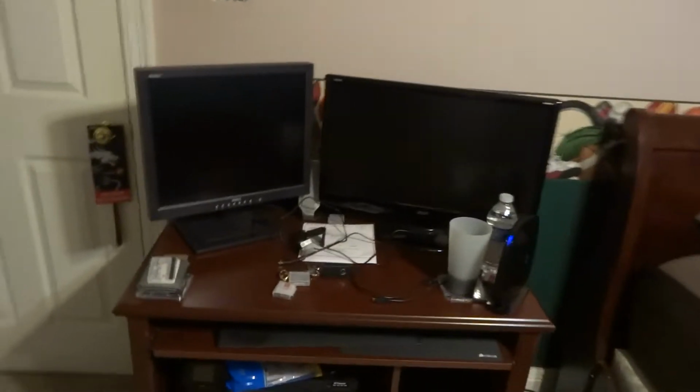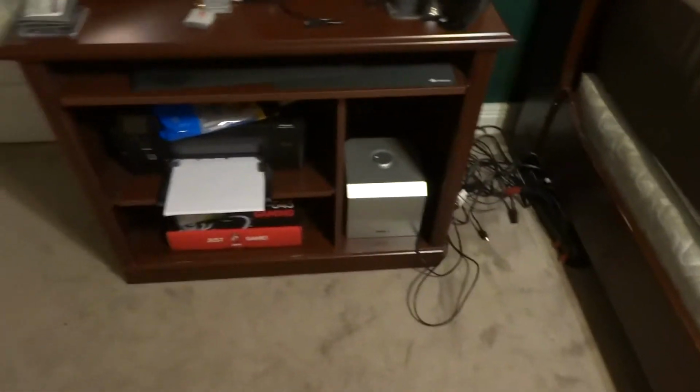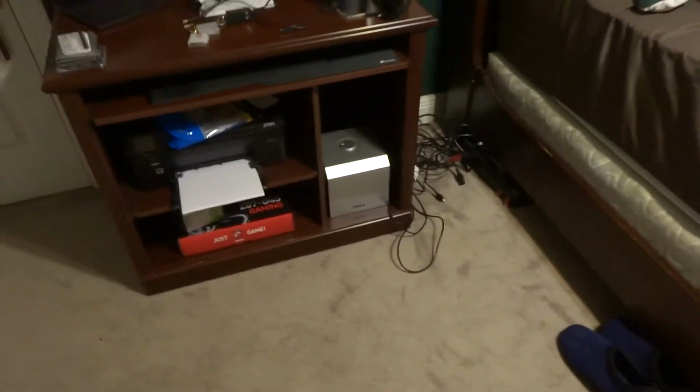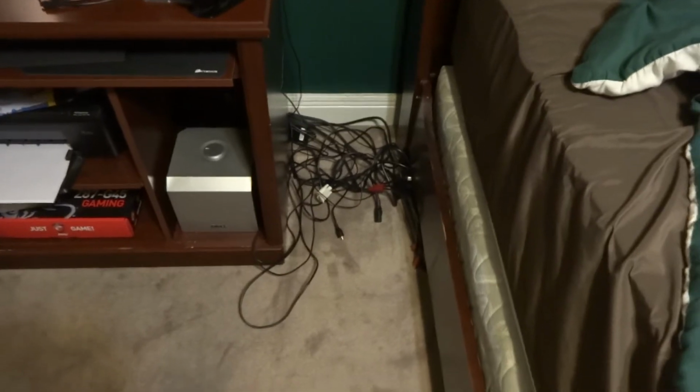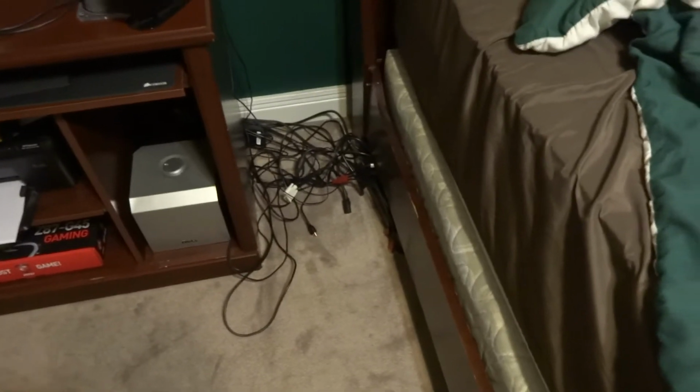Go over to my desk area. As you can see, I pretty much left everything that was on my desk here because we can move this out with this stuff on it. It doesn't need to be moved, but the office chair is out of the room. As you can see, my PC is moved. There's a bunch of wires there that just need to be...